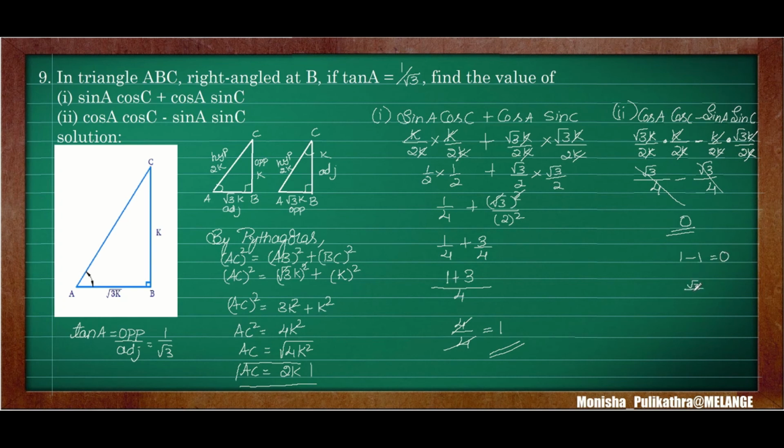But in the case if you are dividing root 3 by 4 by root 3 by 4, what happens? You will be doing like 1s are root 3 by 4, 1s are root 3 by 4. So here the answer is 1. When you are dividing, please don't write 0 here. Only while doing the subtraction the 0 will come. Plus 1 minus 1 is always 0. So when you are dividing, it should always be 1. And don't write 0 here. This is just for your understanding. Don't write this. I hope you understood the problem.